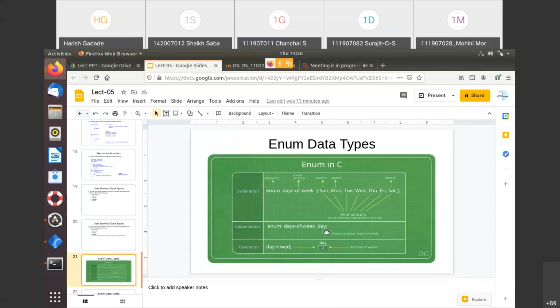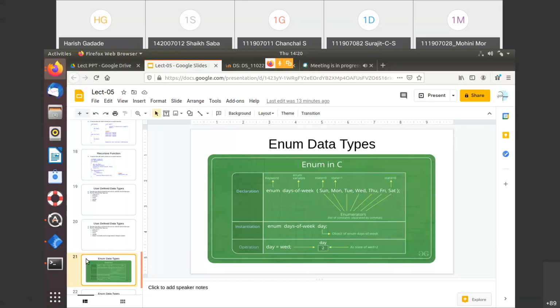For this I assigned Wednesday, and when I print that output, it will not print Wednesday, it will print 2. Getting this? Because for this 0, 1, 2, one minute, something is missing here. This should be 3.